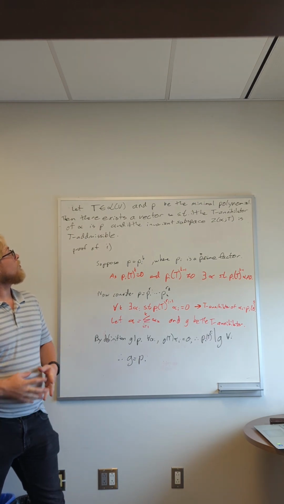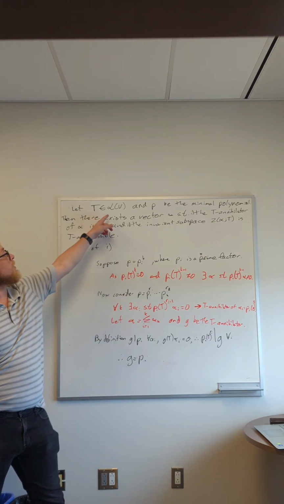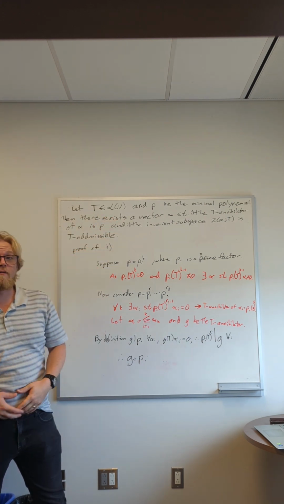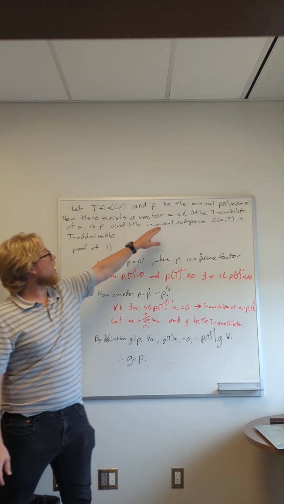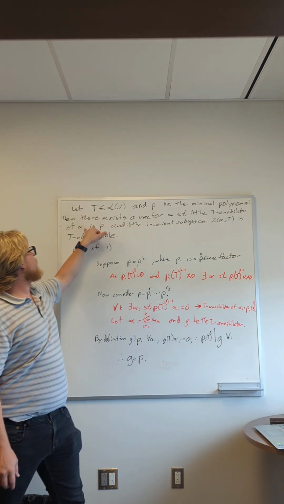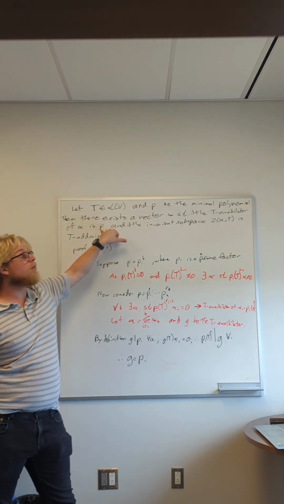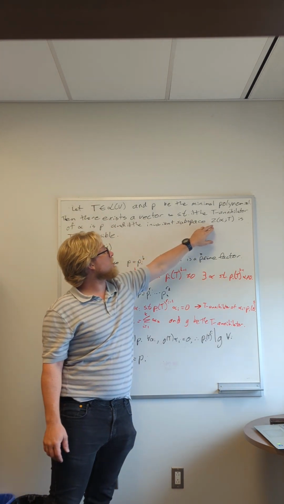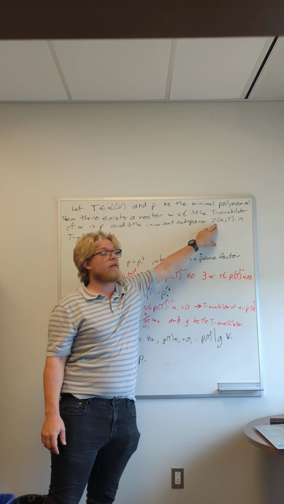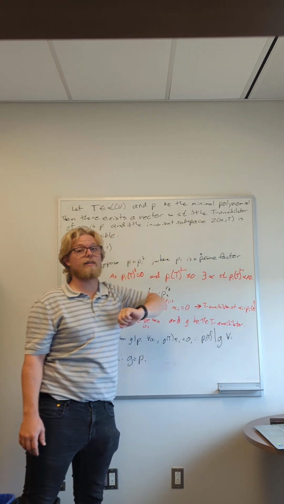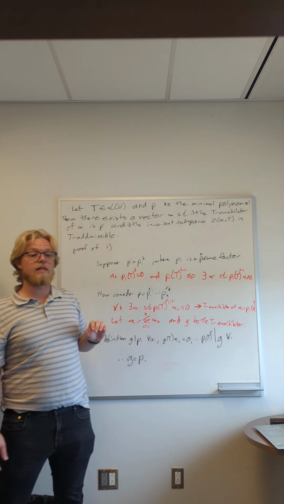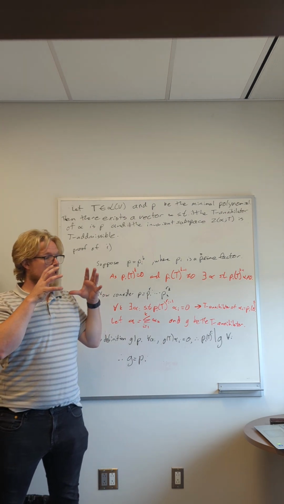So we're going to go through the proof that if T is a linear operator on V and p is the minimal polynomial, then there exists a vector alpha such that the T-annihilator of alpha is the minimal polynomial for T, and the invariant subspace, which is the cyclic subspace of alpha generated by the linear operator T, is T-admissible. And remember, T-admissible means that there exists a